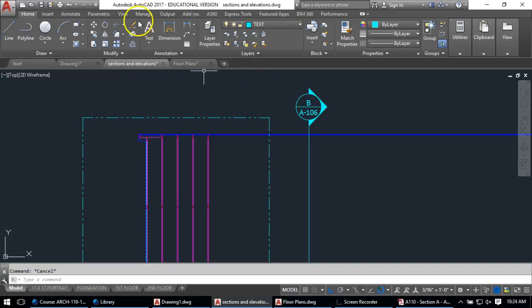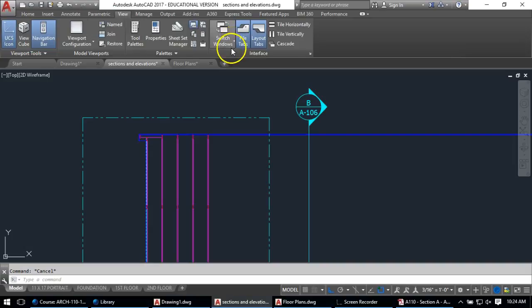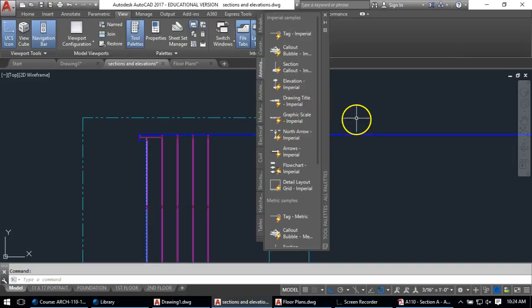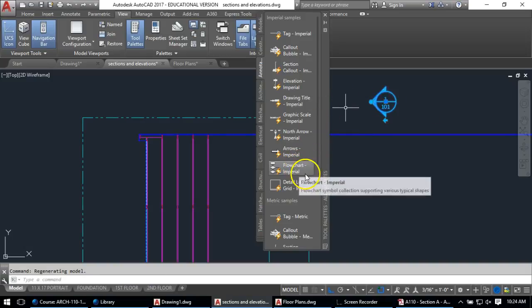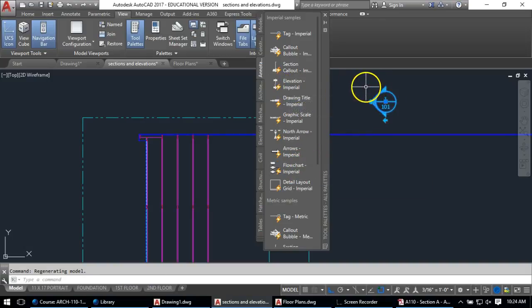And I think actually I shouldn't have closed down. I should have gone to view, tool palettes. I bet they have a call out tab. Call out bubble. Let's see how this one works. This is like an elevation call out bubble. It's possible I can remove the tag. If not, I might cheat. So I just want the circle. I don't want the